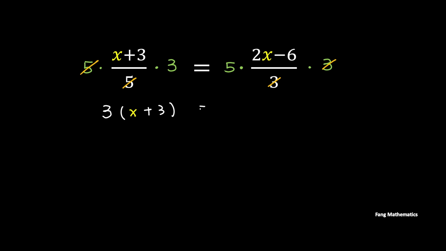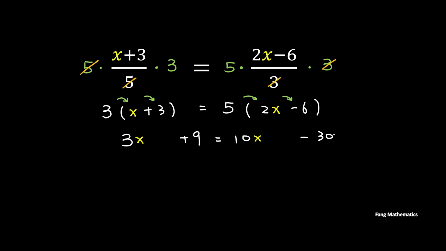And on the right, you have the multiplier 5 and 2x minus 6 inside the parenthesis. And now let's remove the parenthesis. We are to distribute the multiplier into each of the term inside the parenthesis. And I believe you should get 3x plus 9 equal to 10x